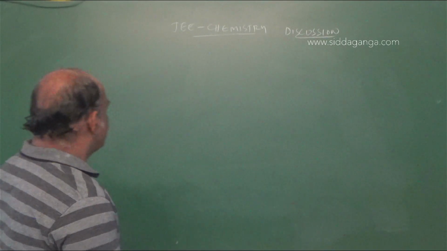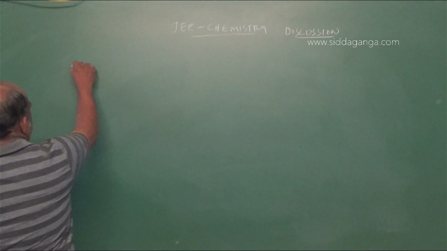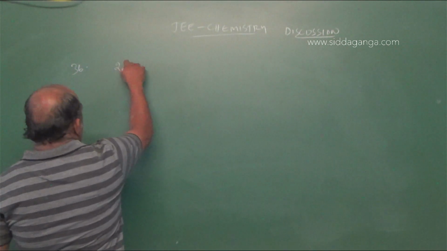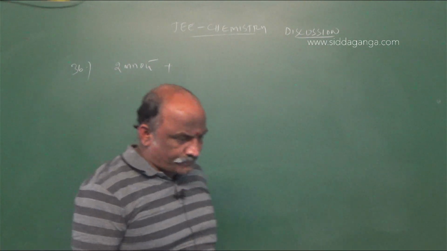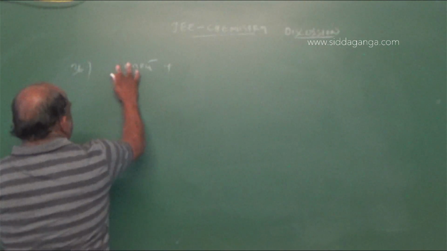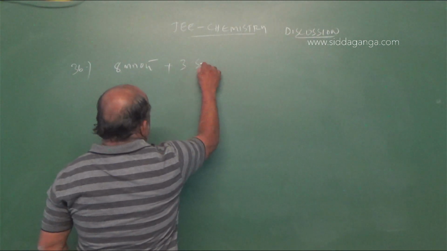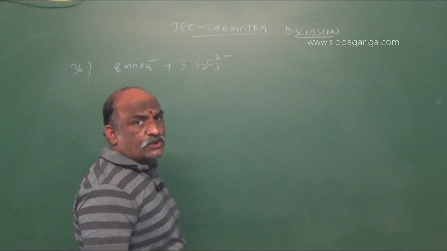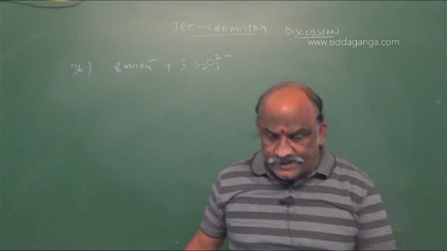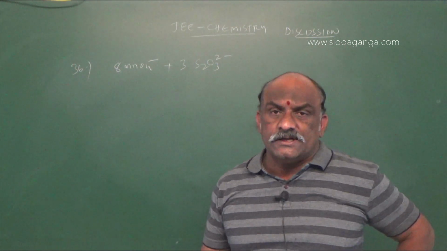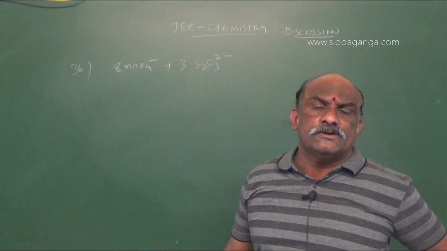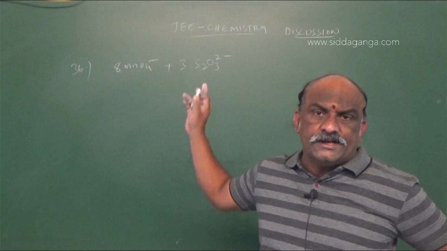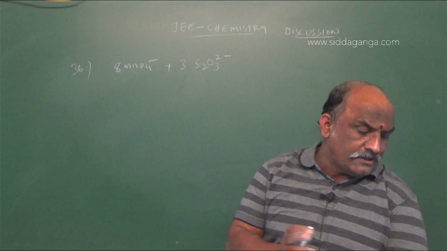So here, what is the reaction? For this question 36, what will the reaction be? It is 8MnO4 minus plus 3S2O3 2 minus. S2O3 2 minus is called thiosulfate. Actually the formula is Na2S2O3, which is called sodium thiosulfate. Here S2O3 2 minus is called thiosulfate, and this thiosulfate